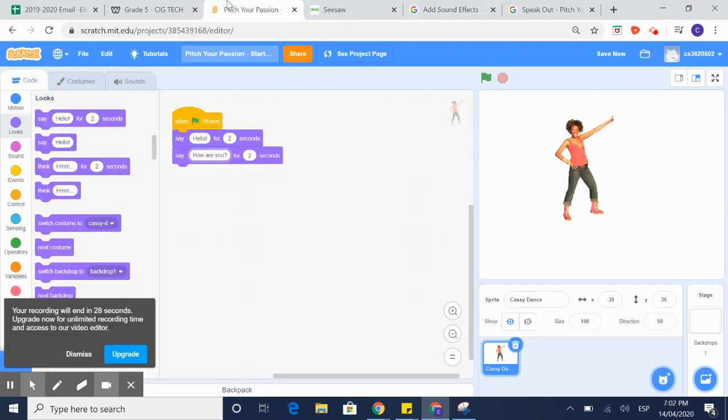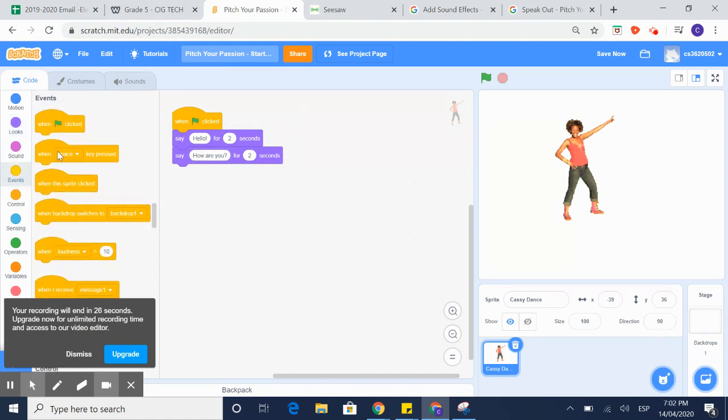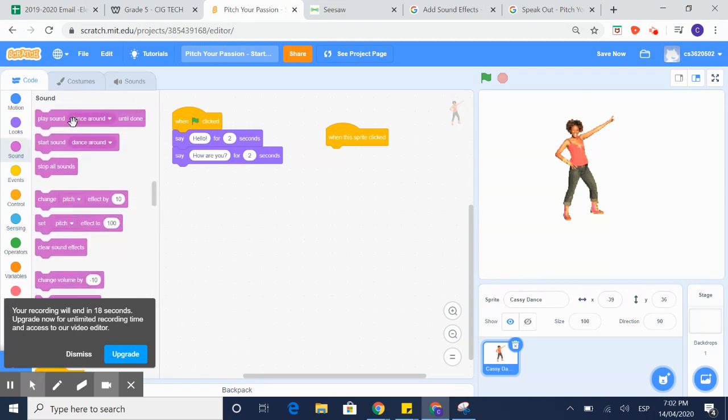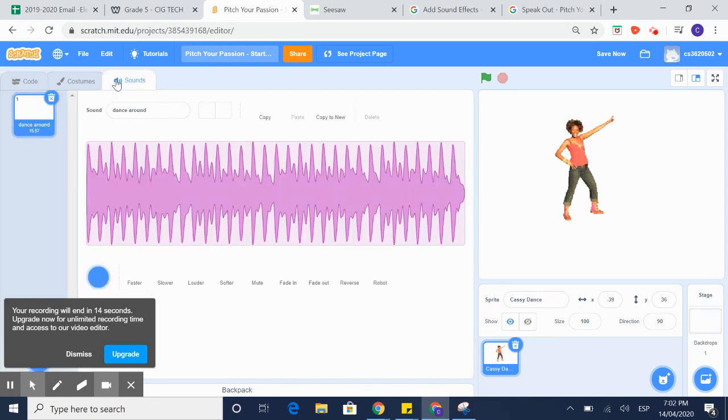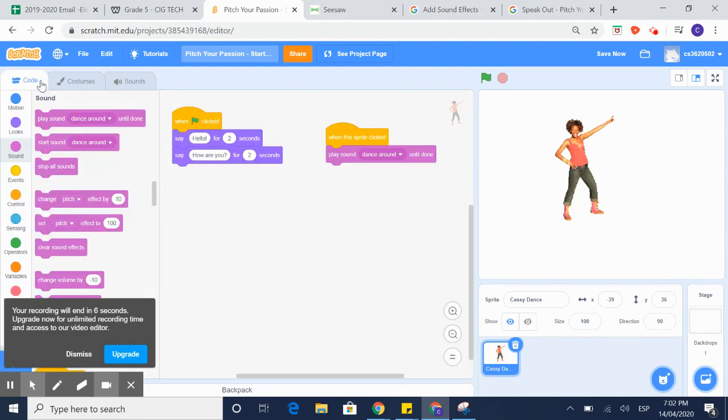So return to here, and when the sprite is clicked, what is a sprite? The character. Then go to Sounds and play the sound dance. You want to look for other sounds? Go to Sounds over here and make sure that you find the sounds that this sprite has. Yes. So when you click here,